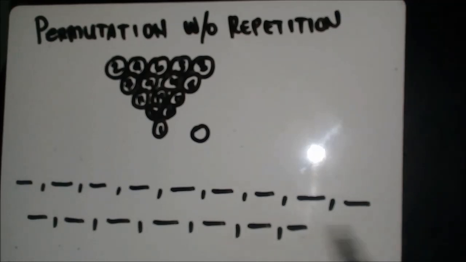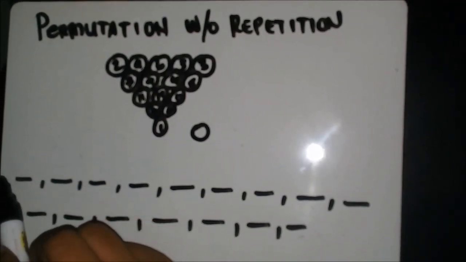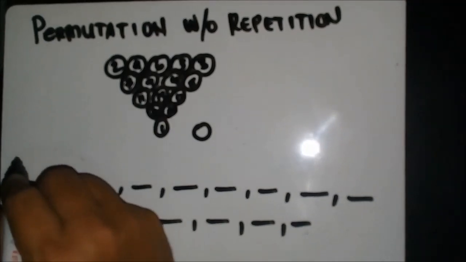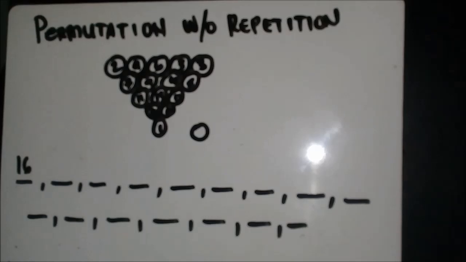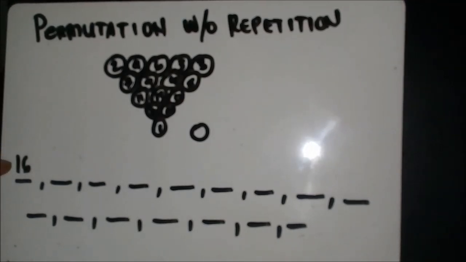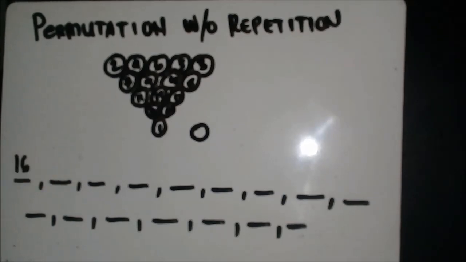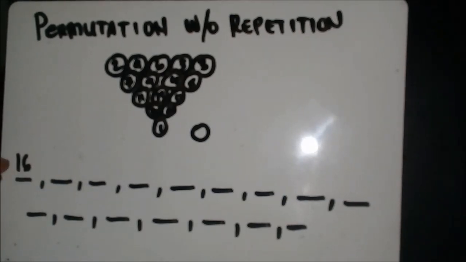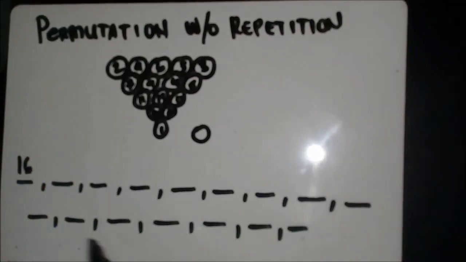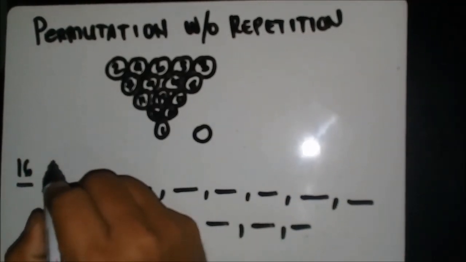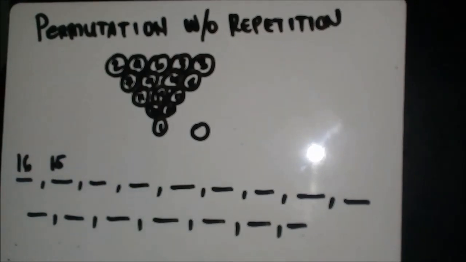So in the first choice that we are making, we have 16 possibilities, 1 to 15 plus the mother ball. Now, for example, if we had chosen number 2 here, we cannot choose it again here because it has already taken the place of the first slot. It means on our second slot, we will only have 15 available possibilities